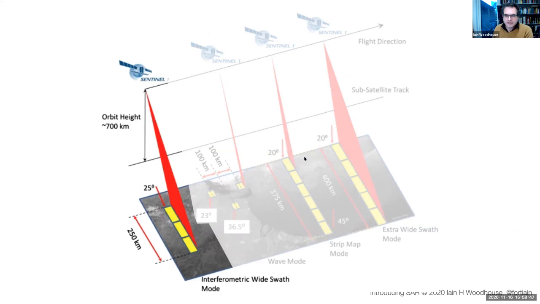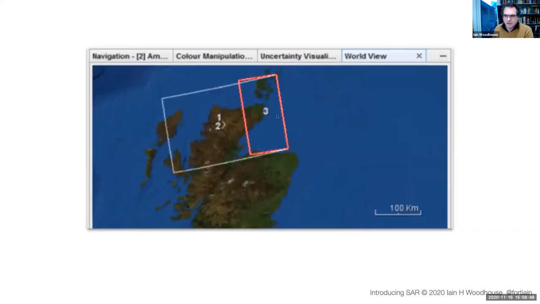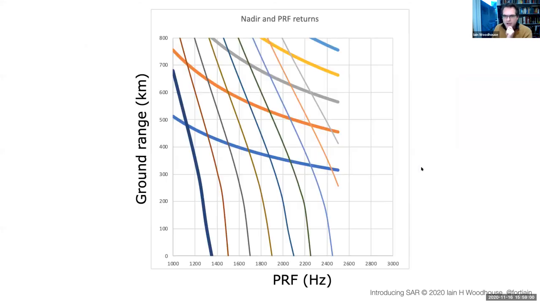So what it does is it actually builds up a collection, and when you look at Snap in particular, you'll be able to see the specific areas where it's picking up these three individual swaths. And what it's doing, incredibly enough, is, if I draw in here, it's trying to choose a particular PRF. So it might choose a PRF here to do this part of the swath, but then it chooses a different PRF,